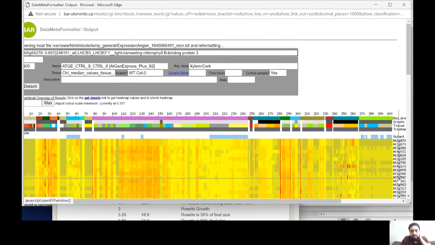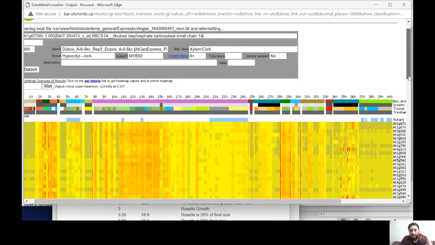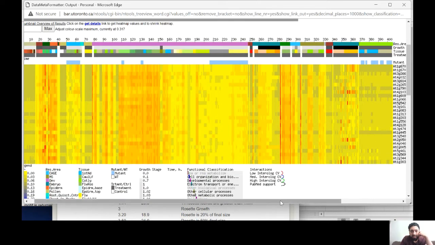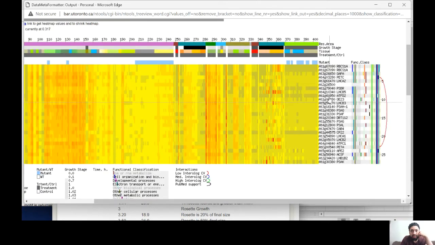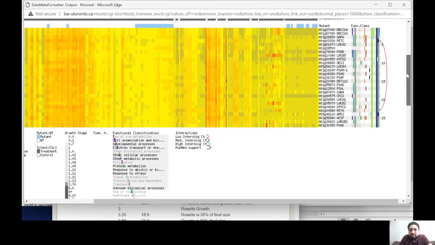So now I know that my gene is highly correlated and co-expressed with these other genes, but I don't know what the function of these genes are. If I know what the function of these genes are, I might be able to predict what the function of my gene is. So for example,